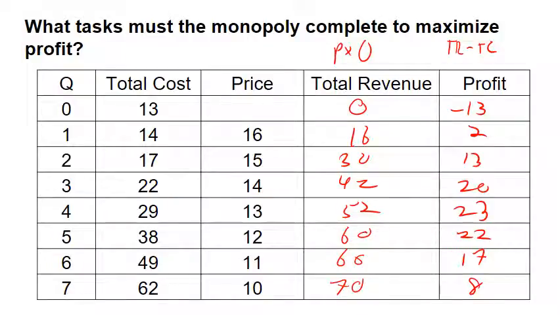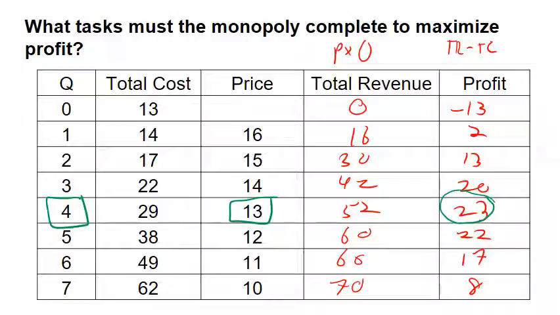So we can circle in green the maximum profit. It's $23. We achieve this maximum profit when we produce 4 units of output. 23 occurs in the row with quantity equal to 4, and the price in that row is 13. So this firm maximizes profit by producing and selling 4 units of output, charging a price of $13, and its